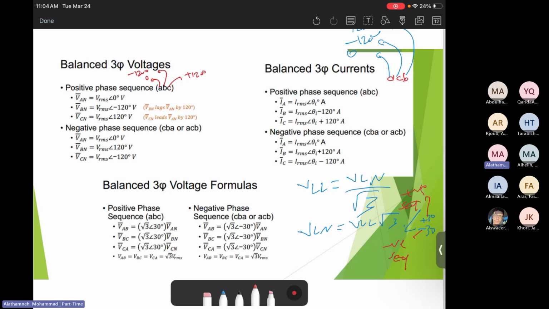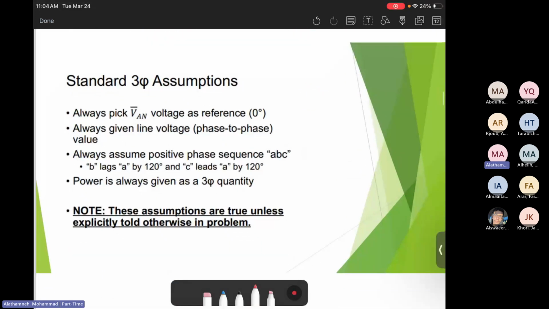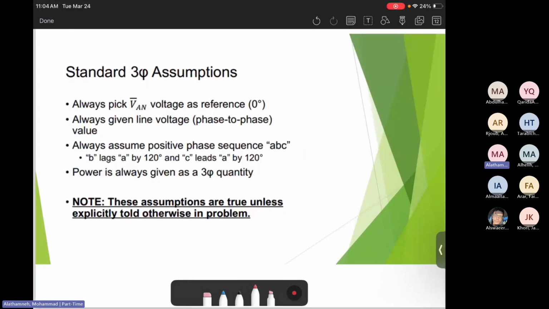So I encourage you to recall the 3 phase, make sure to understand it very well. 3 phase standard assumptions: every time we are assuming picking up phase A as a reference, so with angle 0, all of the voltages given are line to line, not line to neutral. All of them are line to line, unless it's mentioned that this is not line to line, this is line